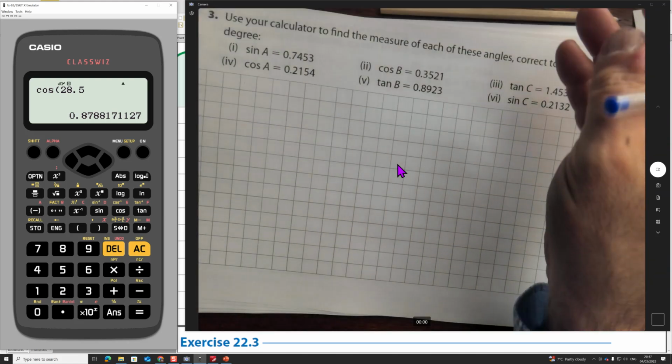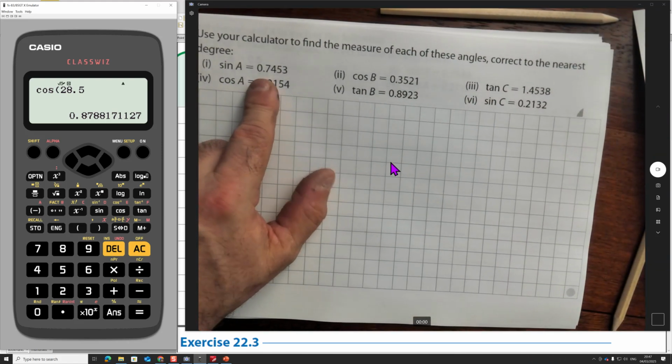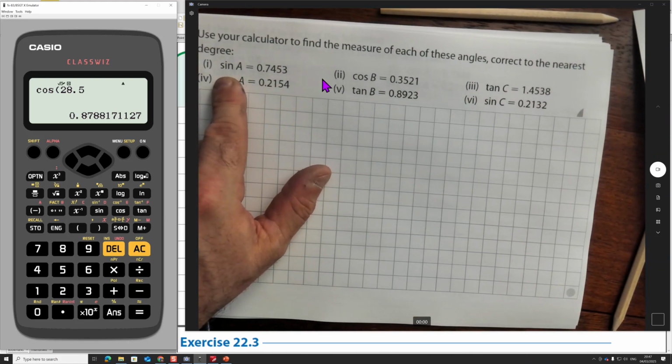Now these are inverse sines, but they're really quick, so I'm going to just start doing them up here on the calculator. Okay, so it's inverse. Notice that it's gone into a shift, S for shift here. So it's inverse sine